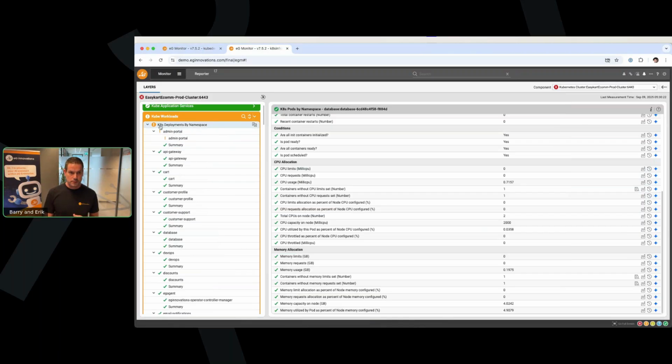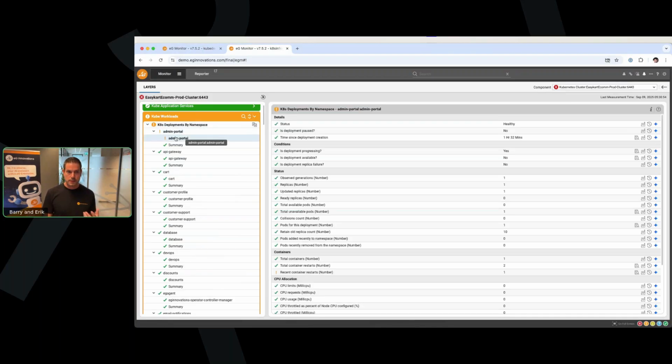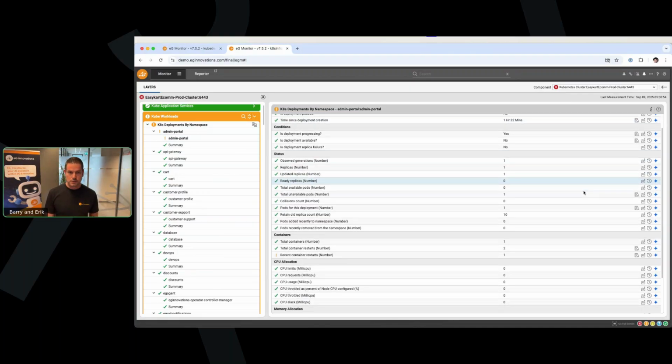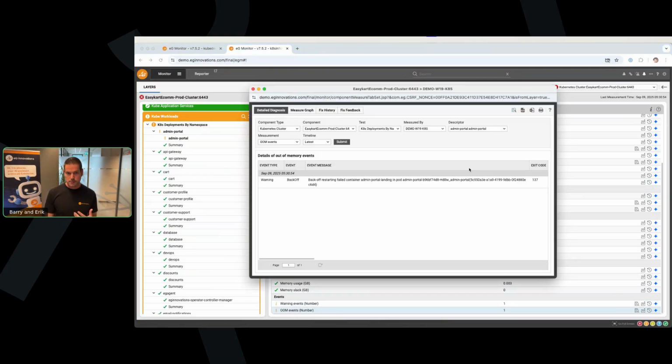So handle one of the other tests that we have for the Kubernetes deployments, again, by namespace, with details that you can look up, of course. If I scroll down to the bottom, you can see one of the events that's going on. So we see that there are out-of-memory events. And again, we can simply click on the magnifying glass and see that we have a container continuously trying to restart, but that fails. We can see immediately also what the error code is over here and all kinds of details about the container name that you can see.